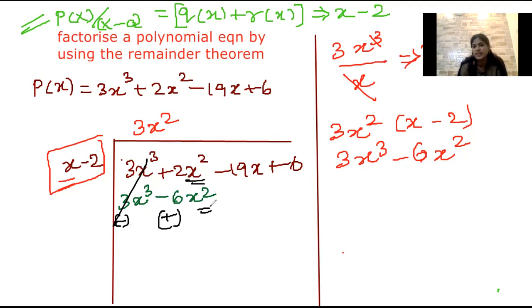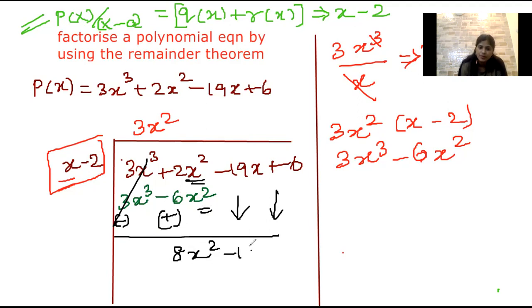The terms are same. Here also you do have x square, here also you do have x square. So if you perform algebraic operation in this, 2 and plus 6 will give you the result as 8x square. Yeah. So you have plus, right? So you have to add and put the same sign again. So it's going to be 8x square. Just write these terms also. So it's going to be like minus 19x plus 6.